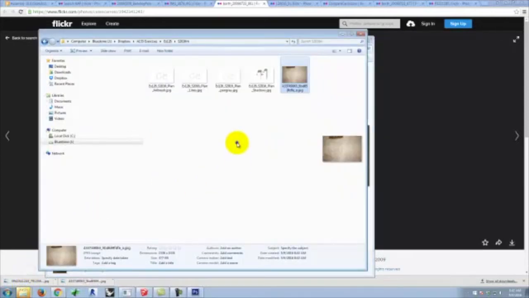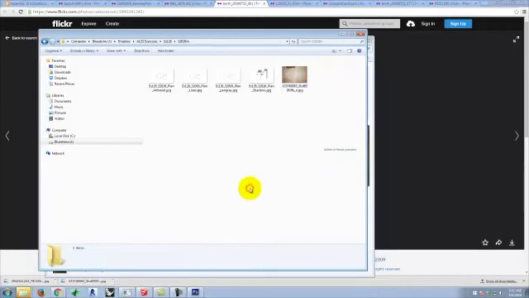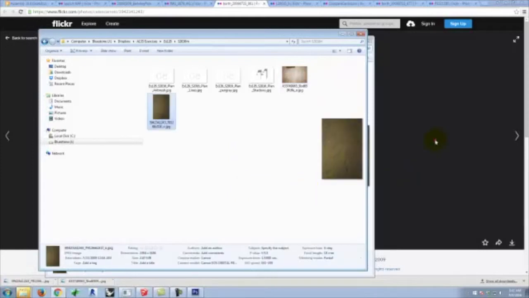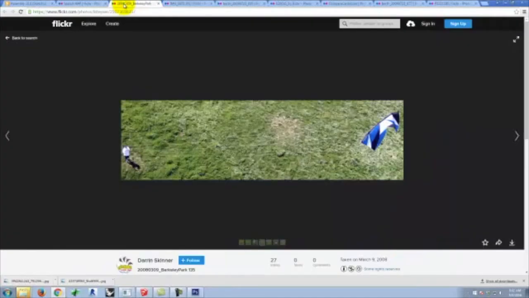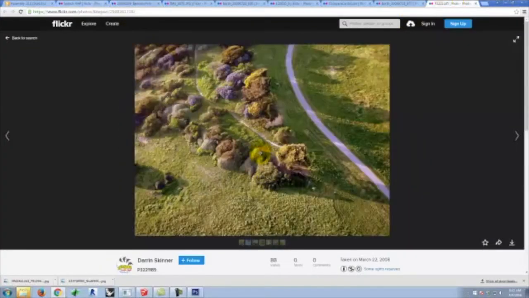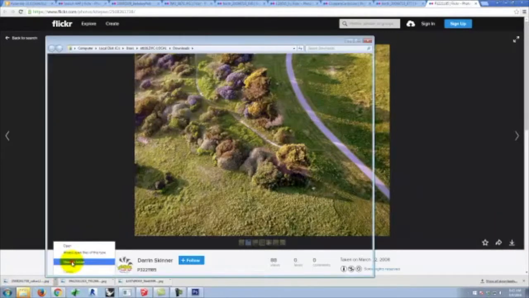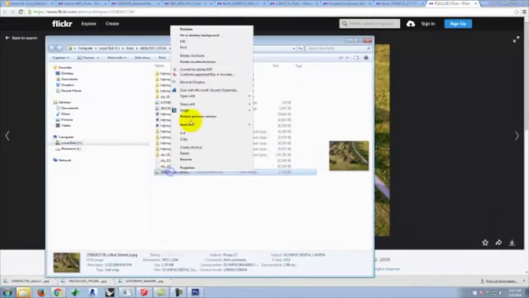All right. In an ideal world, you take your drone to the site and you take your photos of your plan. That one's too blurry. Don't like that one. That one's got too many strings in the way. And I'm going to do this one just to see if I can skew it to make it look right. It's kind of a personal challenge. So let's take this one. Show in the folder. Copy it,